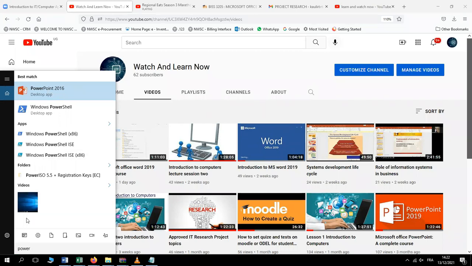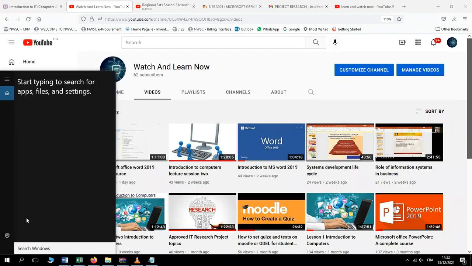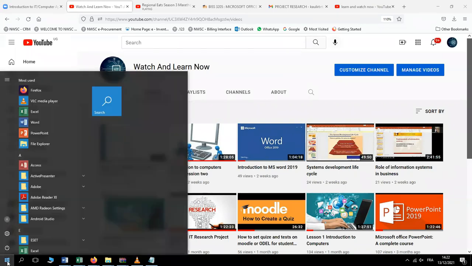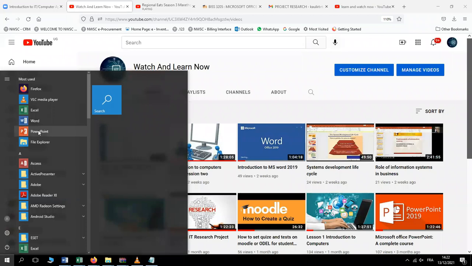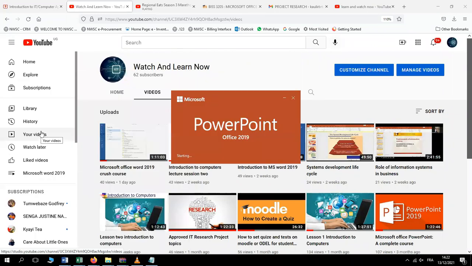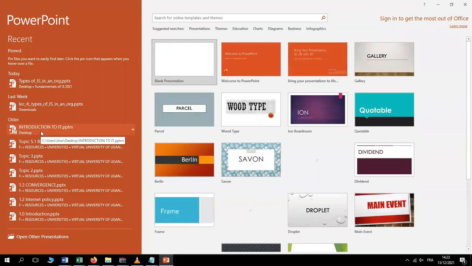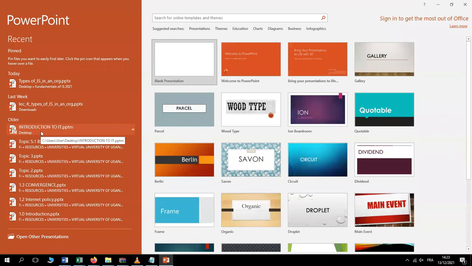So for my case, let me go with the first option of just clicking on the Start button and then clicking on PowerPoint. After clicking on PowerPoint, I'm going to use PowerPoint 2019 from Microsoft Office 2019. So we are presented with this dashboard, just like we've been seeing in MS Word. We have the recent